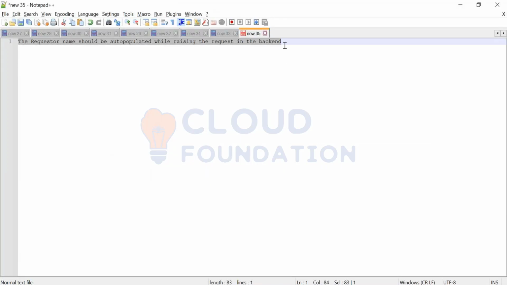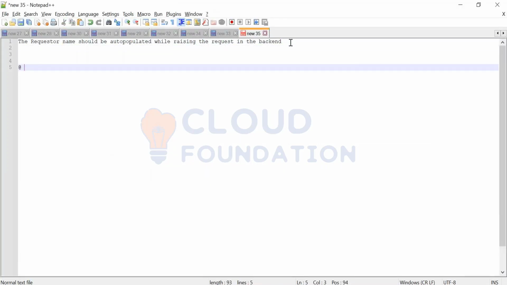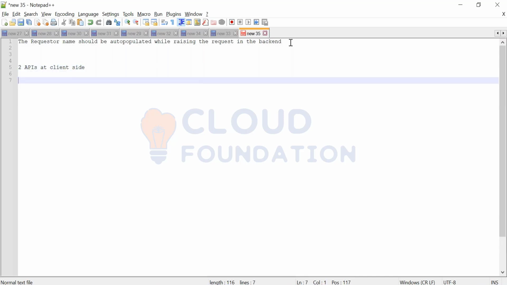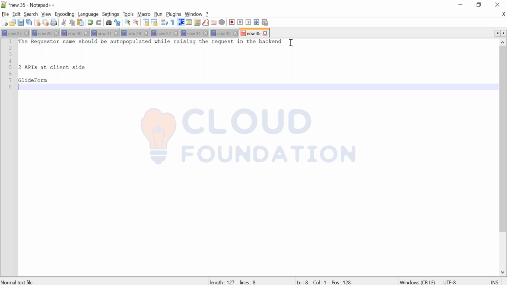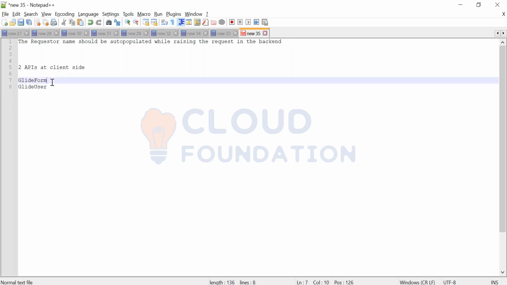Two APIs at client side. One is glide form. Yesterday I told you, right? GlideForm, or g_form. Another is glide user. Now, glide form means